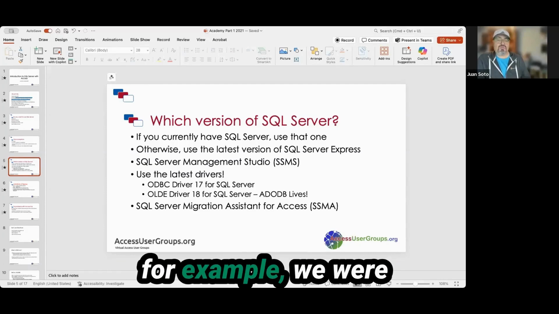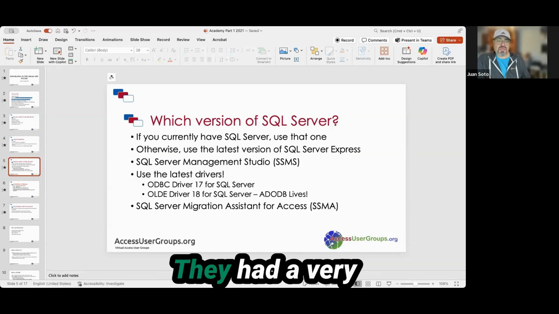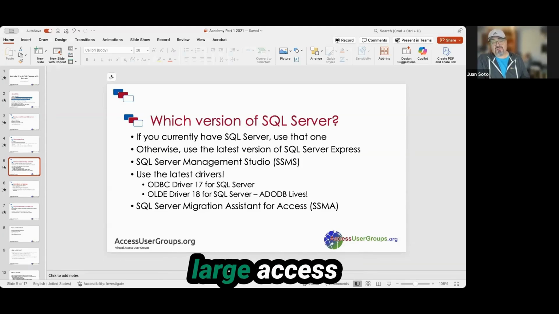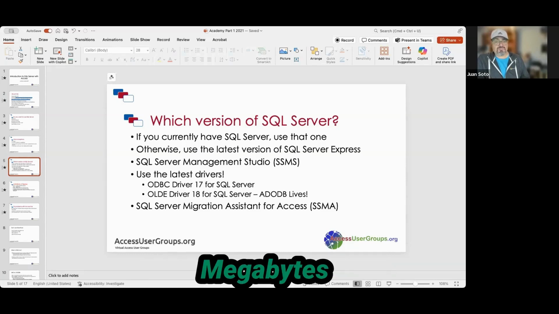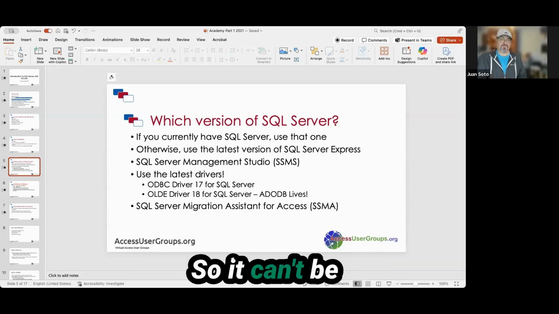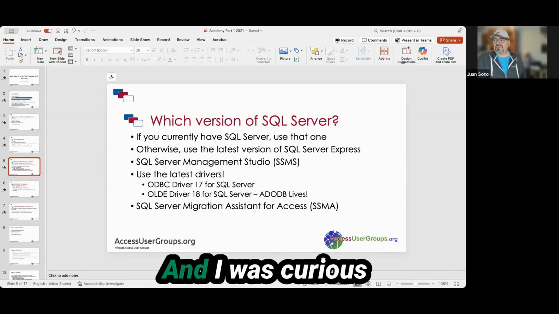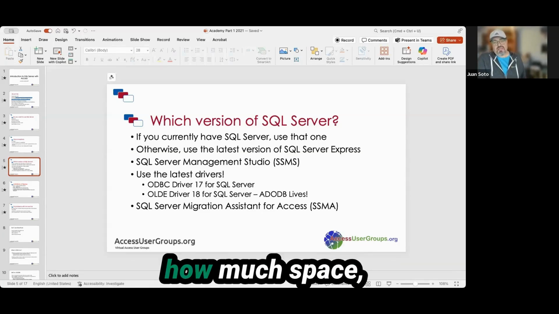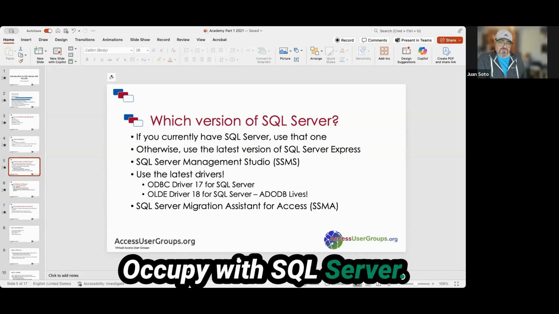For example, we were doing a project for a customer that had a very large Access database, around 500 megabytes. Because there's a 2 gigabyte limit, so it can't be 500 gigabytes. I was curious how much space that same data would occupy in SQL Server.